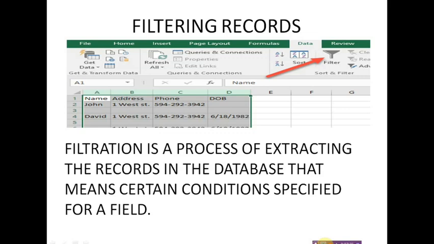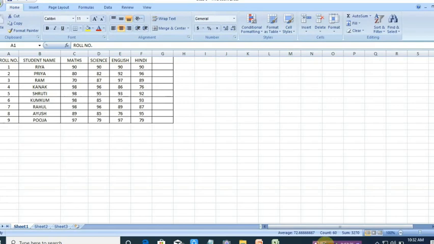Now I'm going to show you how to use the filtering records feature. We are using the same table which we have created, and we will use this table throughout the chapter. Which means in the whole chapter we will use this table only.